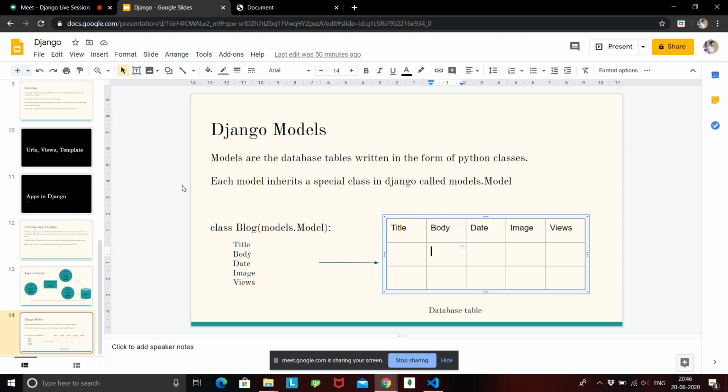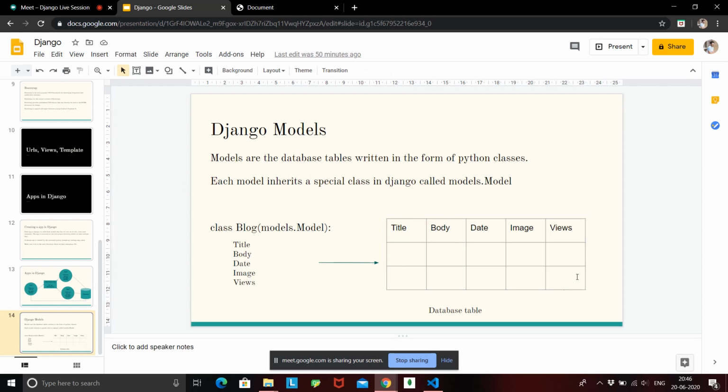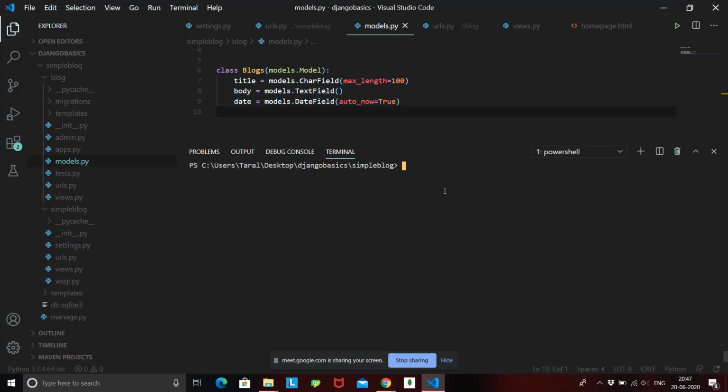So now how can we do migration? We don't have to actually care for this table. It is done by Django itself. What we need to do is just tell Django that please create this table for us. So how can we do that? We'll do Python. Everything is done by manage.py. So python manage.py makemigrations. makemigrations is a command to create this table. Okay, so when I hit enter,